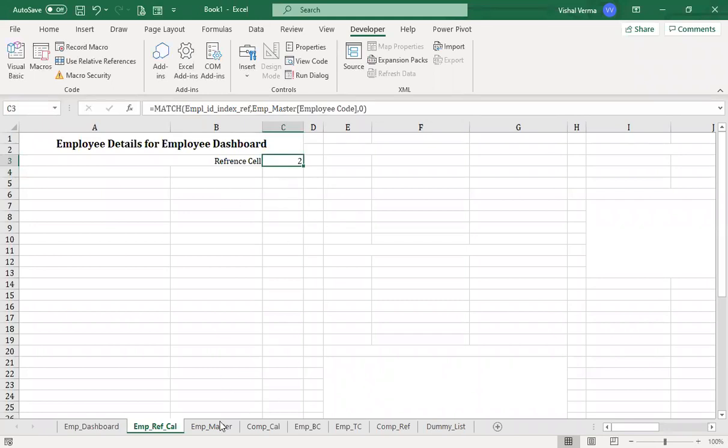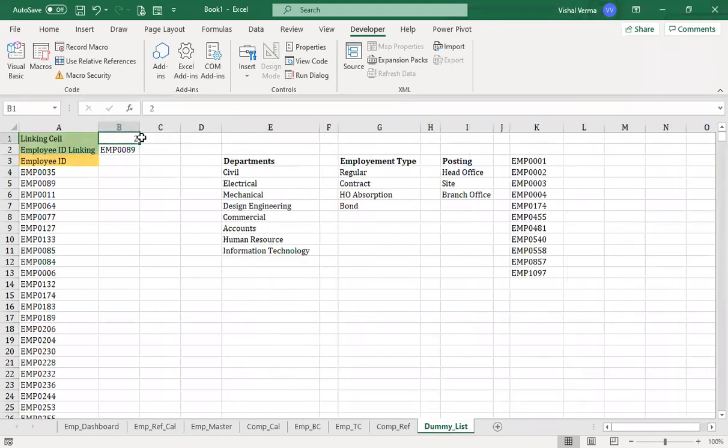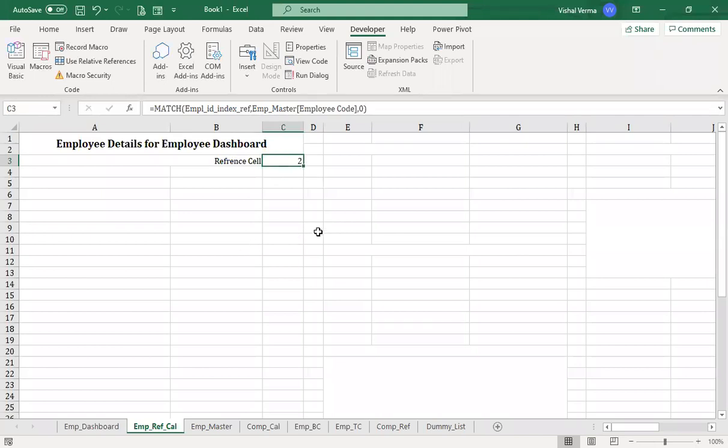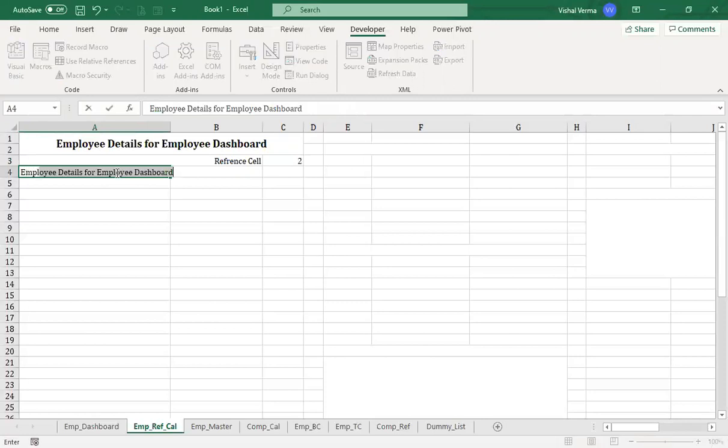Now this reference cell 2, you'll find that the information in this linking cell and this employee reference cell will be more or less similar, depending upon if you have made it correctly. Now, second, we need the employee ID.